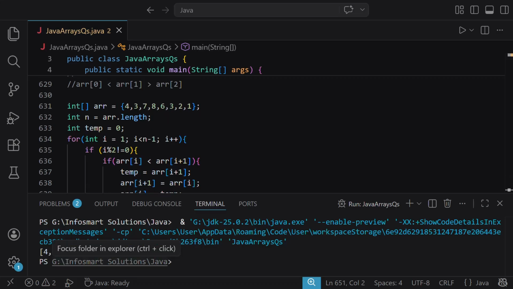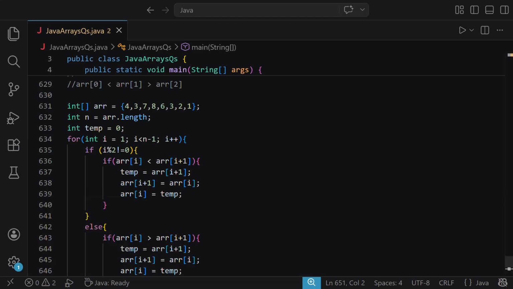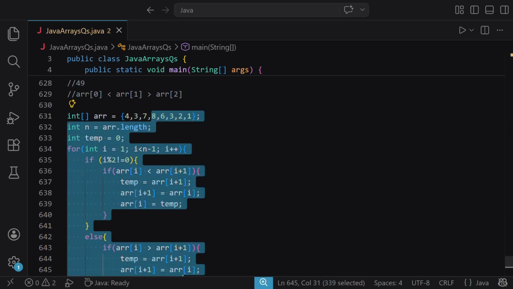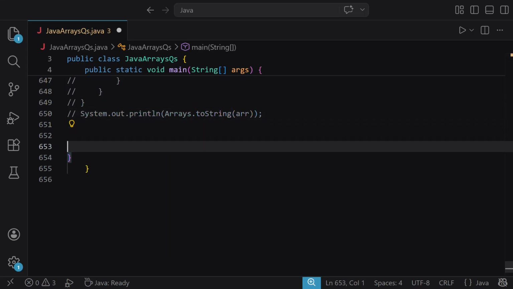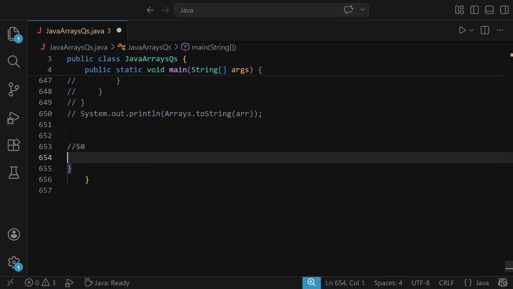We got this as the output, and let us check if the even index elements are smaller than next. So this one is smaller than this, and yeah, if odd one is greater than next. Yes, so it is correct, and we have successfully made our zigzag fashion. Now let's move on to the 50th question, which is to implement Dutch national flag problem, that is to sort